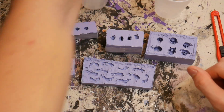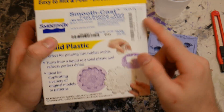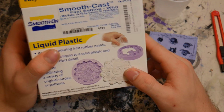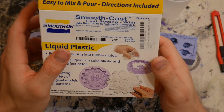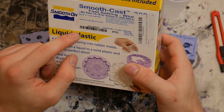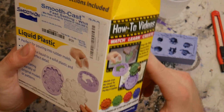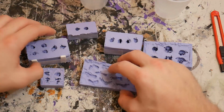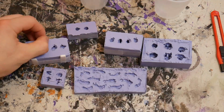And my plastic is also a liquid-based plastic, Smooth Cast 300 plastic from Smooth On. It's the thing that I use always to make my custom figures. And I've been just using it since I was a kid as well, so I'm just used to it. There's probably other plastics that you can buy that are probably better, but I've always used it. It's affordable and it works really well and it stays pretty solid. So now what you're gonna wanna do is just mix up some Smooth On plastic and have these molds ready